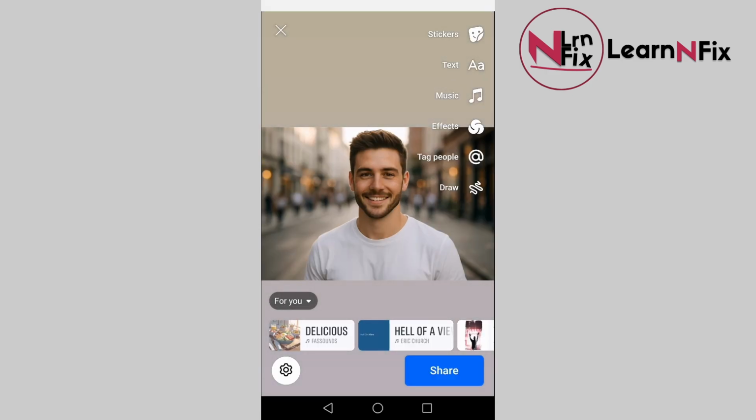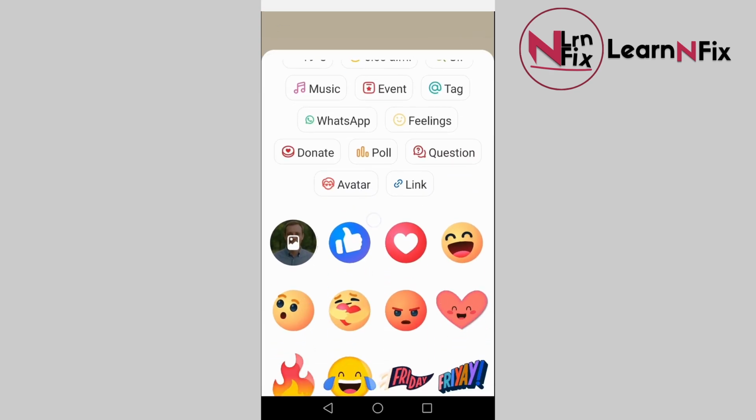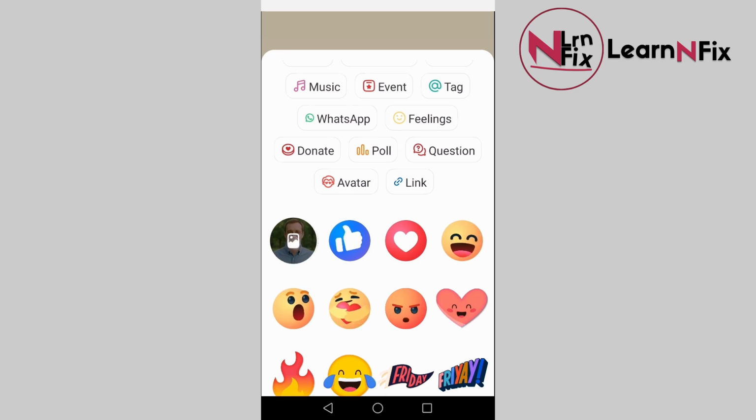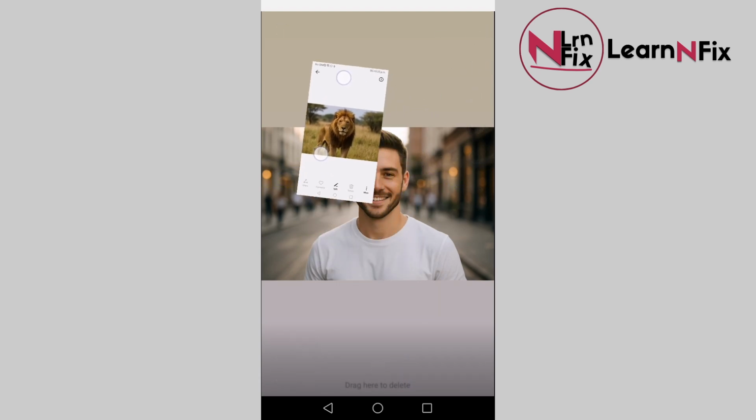Now to add multiple images to the same image, you have to click on the top right stickers, and then you want to go down here and you see the first option right here. This is where you want to click, and here you have the option to choose multiple images. I'm gonna choose this one,